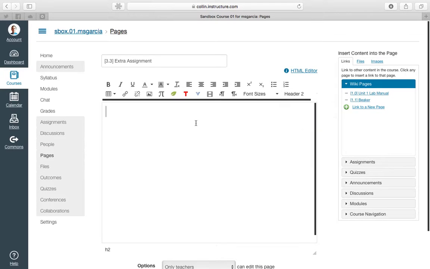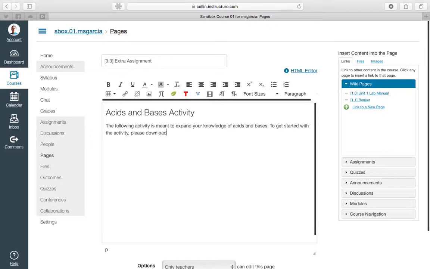I'm going to start by adding a header. This is going to be called Acids and Bases Activity. And then I'm going to give my students a brief description. So I'm going to say, the following activity is meant to expand your knowledge of acids and bases. To get started with the activity, please download the PowerPoint file. Let me go ahead and capitalize that